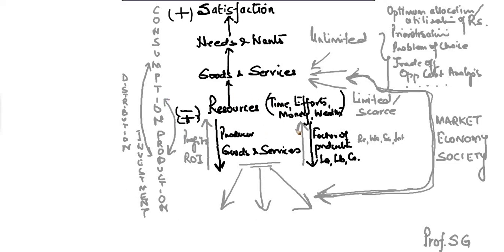Ultimately every individual needs to optimally allocate his resources not only for the act of consumption, but also for the activity of production or investment, so that he or she may be able to generate positive returns on the investment, and further generate these resources. And this requires an understanding of the process of decision making and optimum utilization of resources, which we shall subsequently be discussing in the next